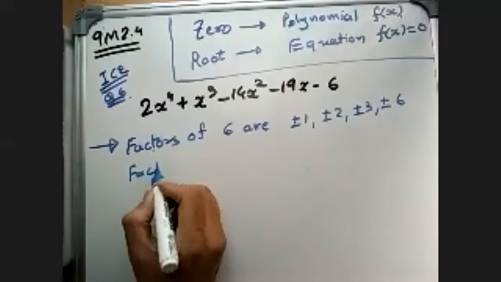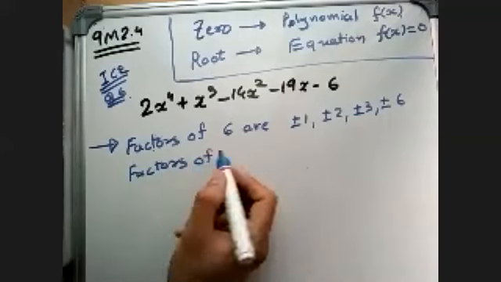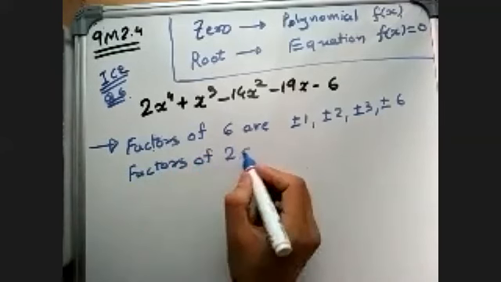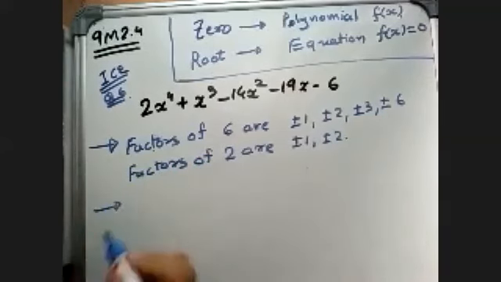Factors of 2 are plus or minus 1, plus or minus 2. So you can write now from rational roots theorem,